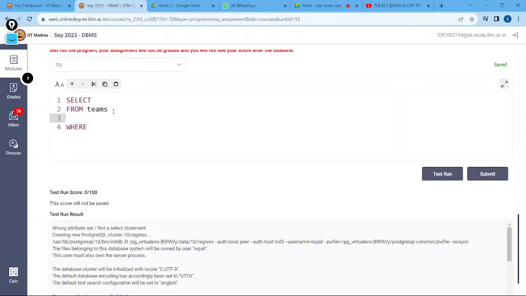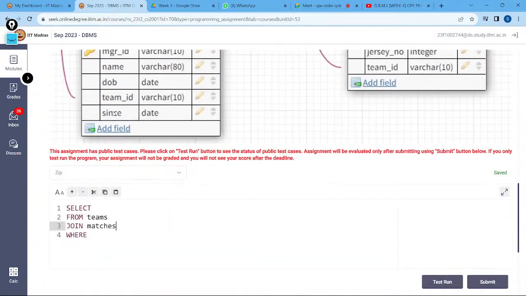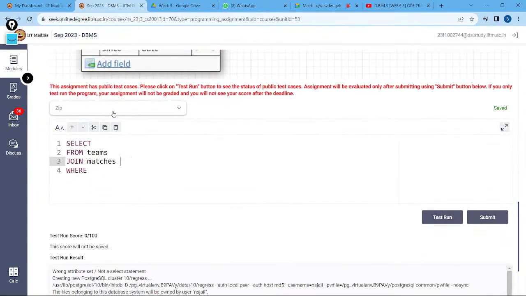Let's perform a join. We have to join the matches table with the team table. So we write join matches, let's call it M. It's better to write it as M. Teams as T. We are joining matches as M on. Is it clear enough for you guys? Yes. So we are joining these on